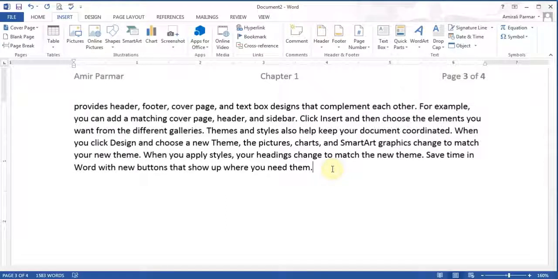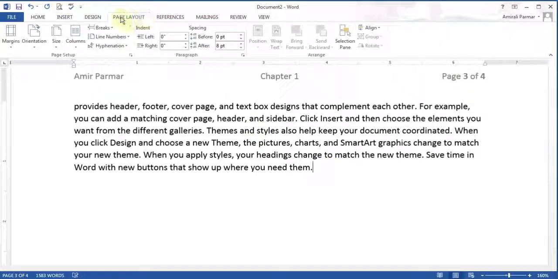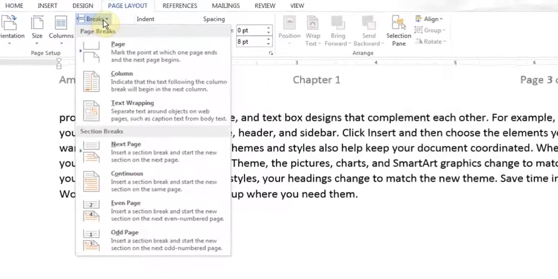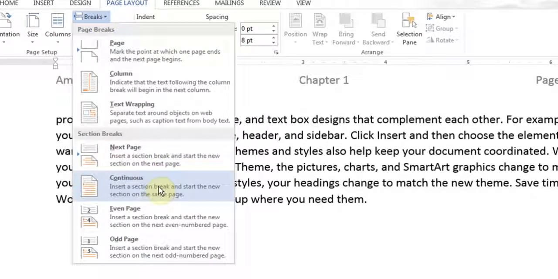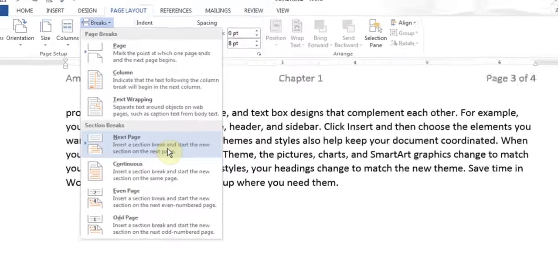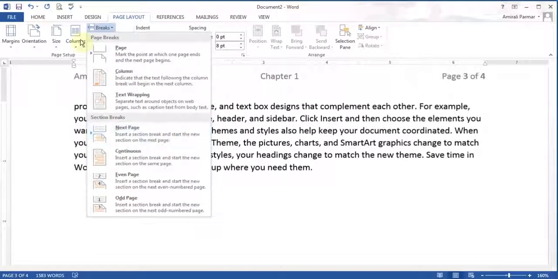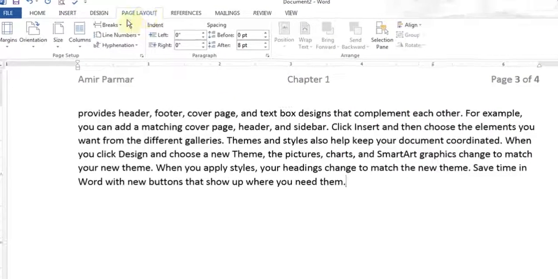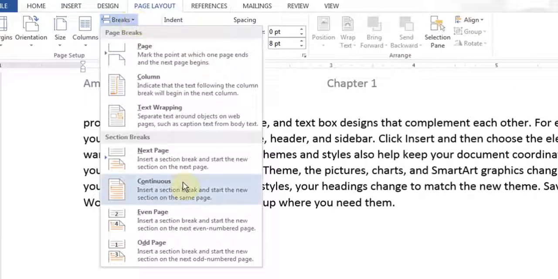So I'll go to page layout, and I'll go to the breaks button. And for now, we're just going to concern ourselves with 2 different types of breaks. One is a continuous break, and the other one is called a next page break. So when I had inserted the page, instead of doing this blank page, I would have just inserted a break here,